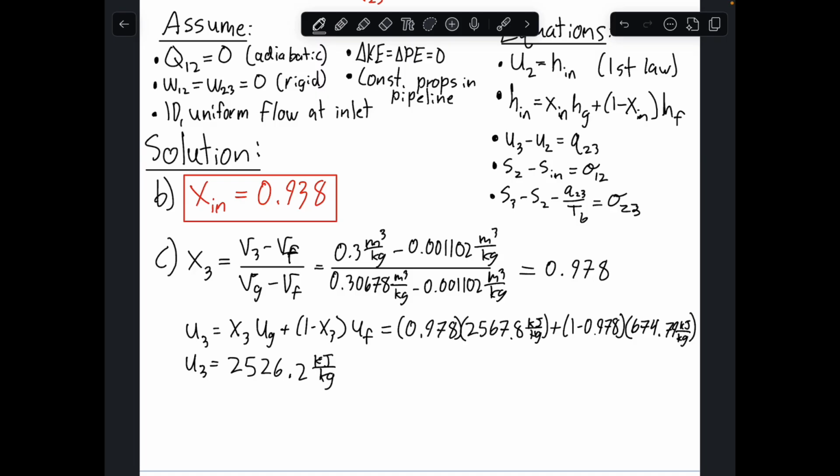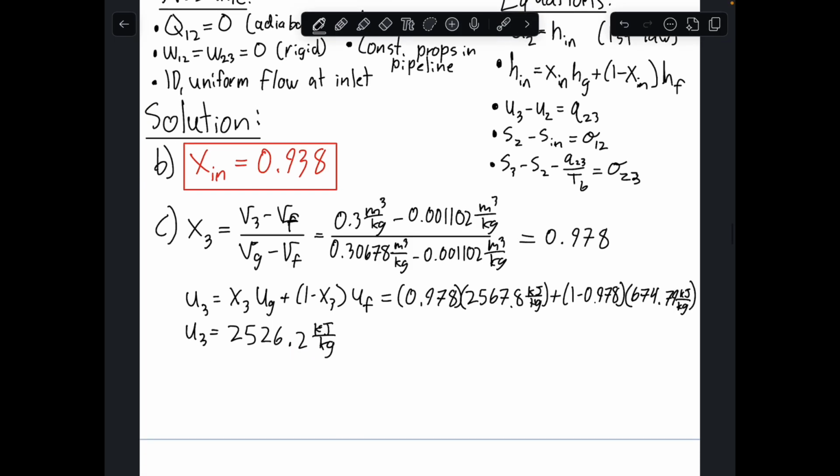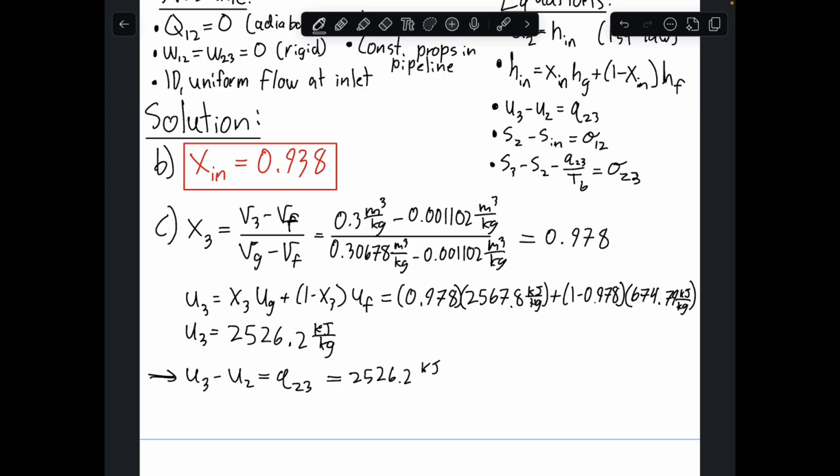Okay, so that is our internal energy value, and so we can use this to apply our first law right here. Our U3 minus U2 is equal to our heat transfer term from 2 to 3. And so this should be equal to our U3 value here, 2526.2 kilojoules per kilogram